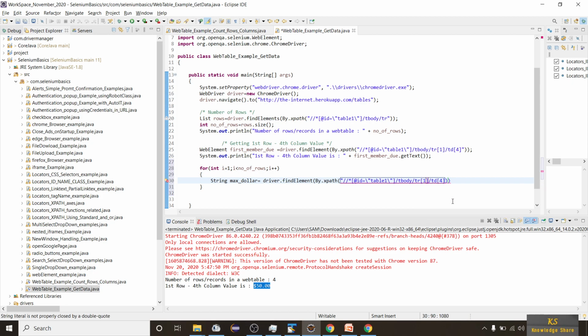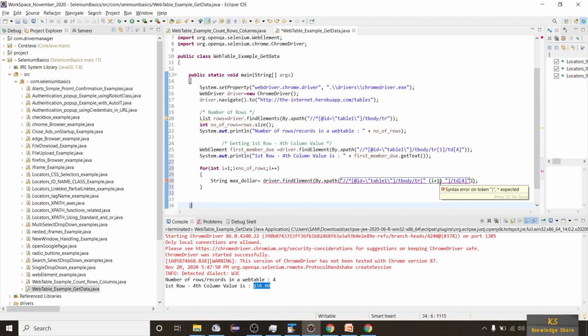Now what we simply do is just close the quotes here, and instead of 1 place i plus 1. Then give double quotes here, and then give double quotes at the end. Okay, just close it. You have to give double quotes here and at the end.